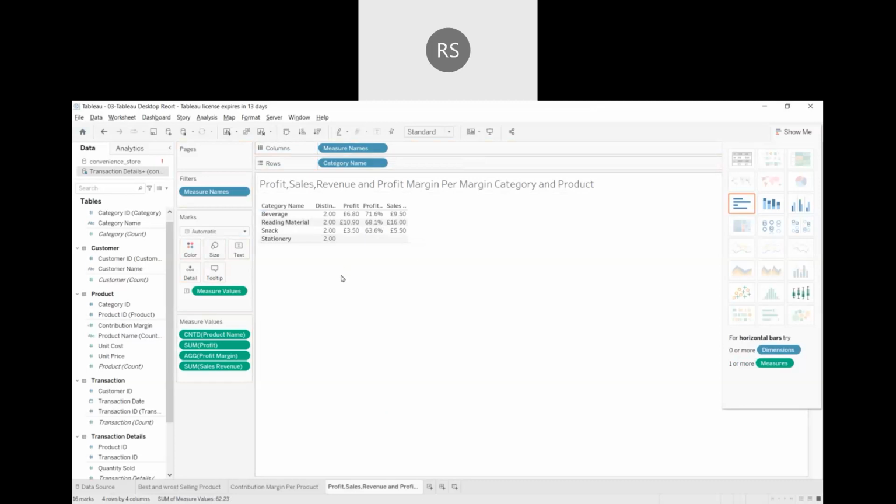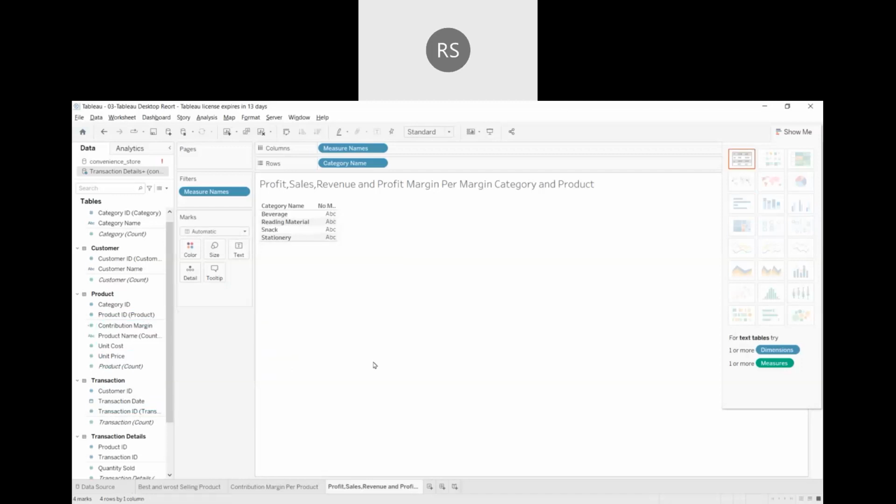So category name, measure value. Okay, just remove the measure value. In the text, yeah. Just remove this. Remove the measure value. Yeah, remove. Okay, then after that,